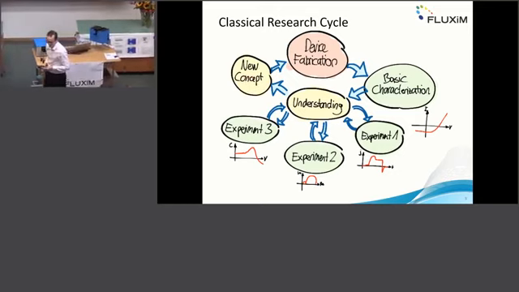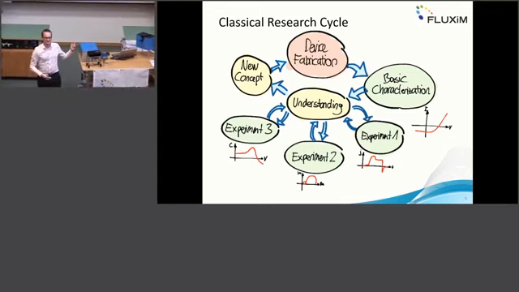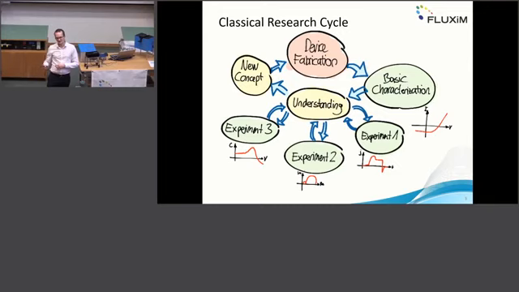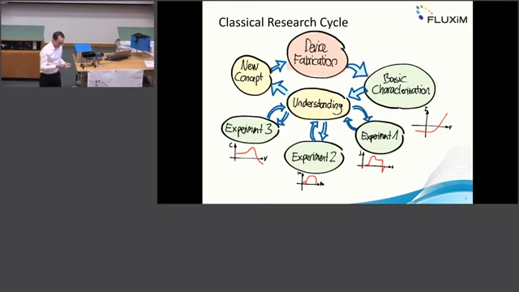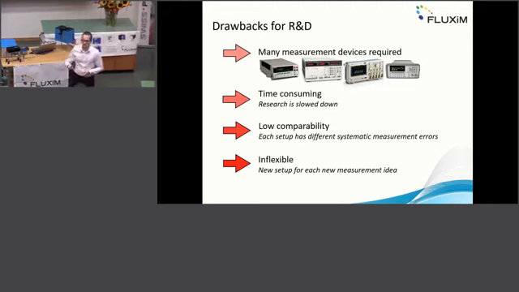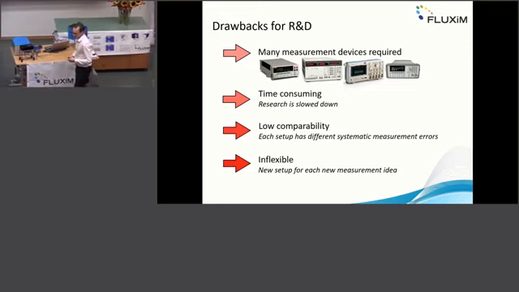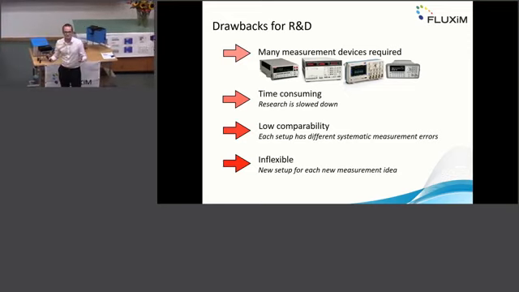The problem with this, when we're working with perovskite or organics, is very clear, because maybe the third experiment you've performed on your device was 2 weeks later, and your device has already been degraded in the meantime, so it's not the same device anymore. And the second reason is clear. You need many different measurement tools. As what you see here, like impedance analyzers and oscilloscope and lots of different equipment, it's time-consuming and